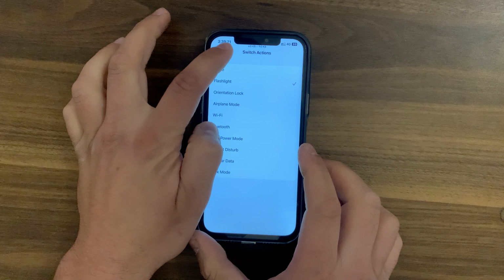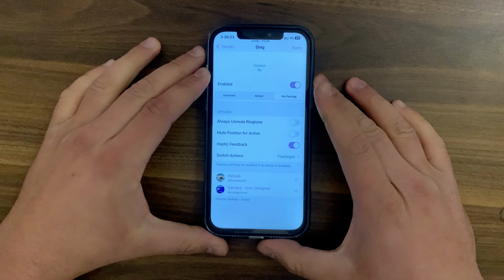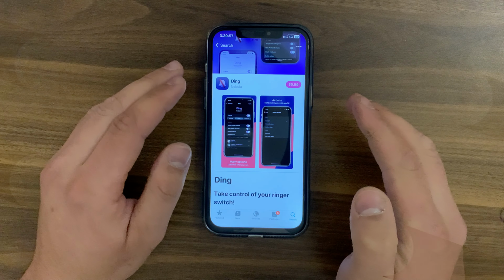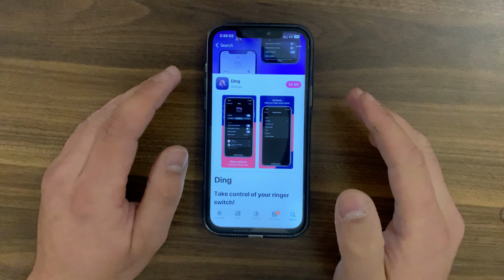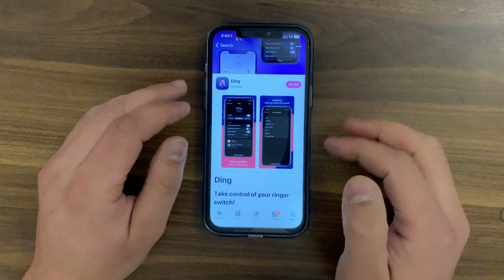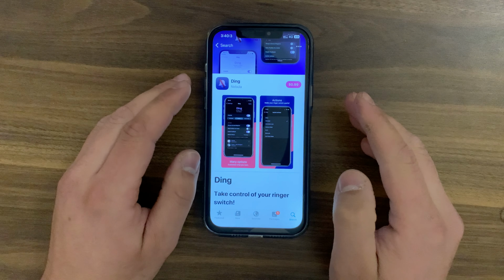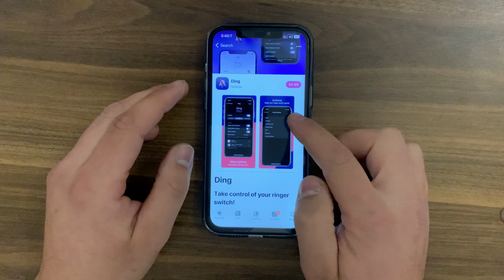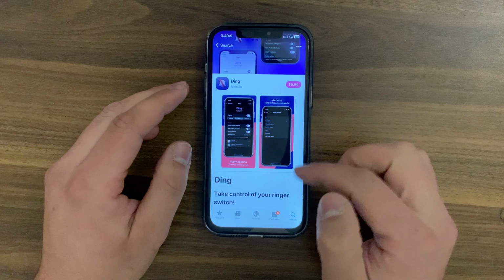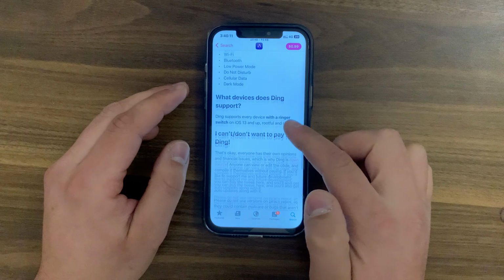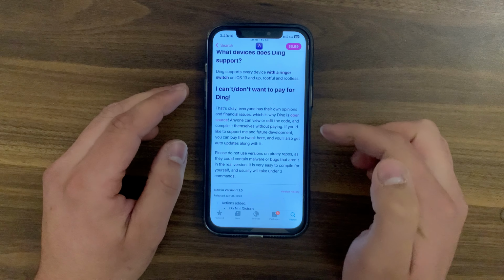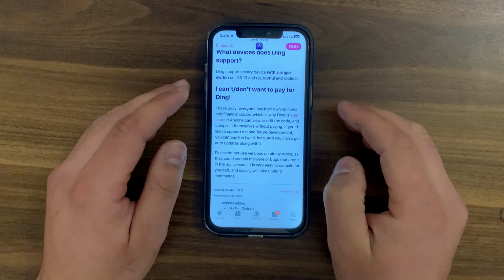And this is all the tweak features. After making any changes, make sure to hit the Respring button to save and apply the changes. So this is the tweak. Ding tweak is a powerful tweak that gives users a new way to interact with the ring switch. Ding features are exclusively designed to work on any device running iOS 13 and up, offering a seamless and improved user experience. It's worth noting that Ding only supports iPhones due to requiring a ring silent switch and haptic feedback